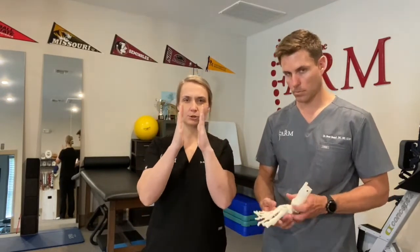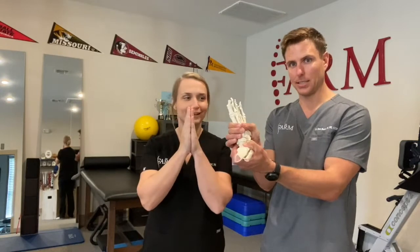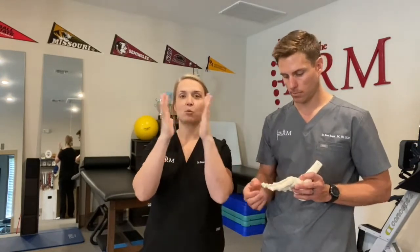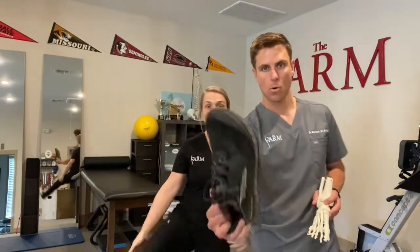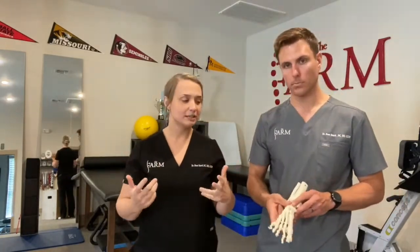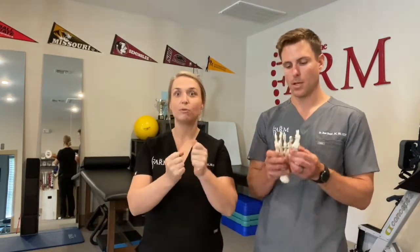So to return to performance after having some sort of metatarsal pain, something you want to look at is the shape of your shoe. A lot of shoes nowadays are pulling the metatarsals together, squishing them, compacting them. So if you look at your shoe, you want to have a wide toe box. You want to have something like these. Ultras are very wide in the forefoot, giving those metatarsals room to be mobile and move,